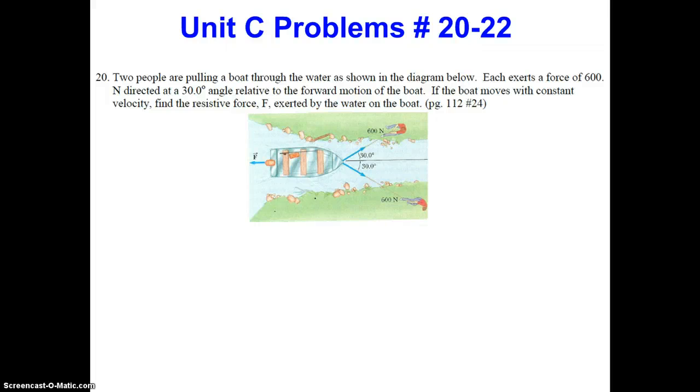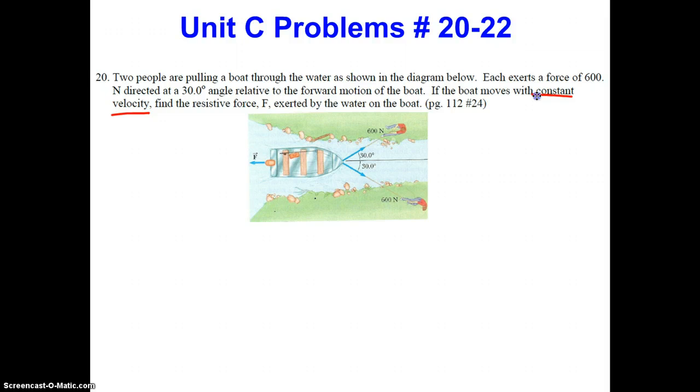Welcome to the solution to the AP Physics Laws of Motion problem set, problem number 20. Two people are pulling on a boat through the water as shown in the diagram below. Each exerts a force of 600 newtons directed at 30 degrees relative to the forward motion of the boat. If the boat moves with constant velocity, key phrase in this problem, find the resistance force F exerted by the